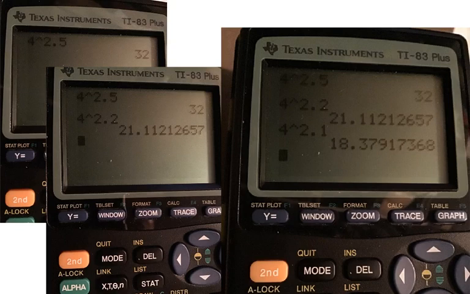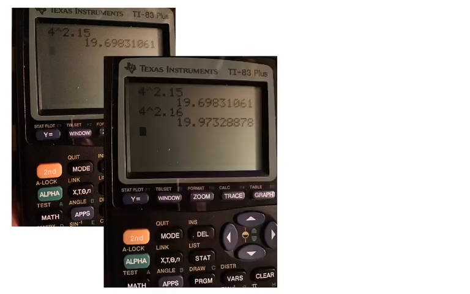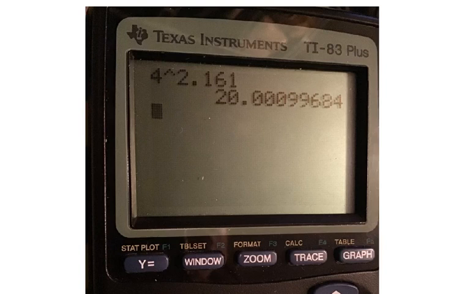So now we have a little bit of a baseline. We know it's got to be 4 to the 2.1, maybe 2.15. Maybe 4 to the 2.16. We're getting closer. Now, if we use 4 to the 2.17, we know we've gone over, but are you starting to get a feel here that there definitely is an x, there definitely is an exponent? It's going to be a decimal. It's going to be 2.1... well, to 3 decimal places, maybe 2.161. Of course, that's still a little bit too big, but we can see that we're getting really close to our